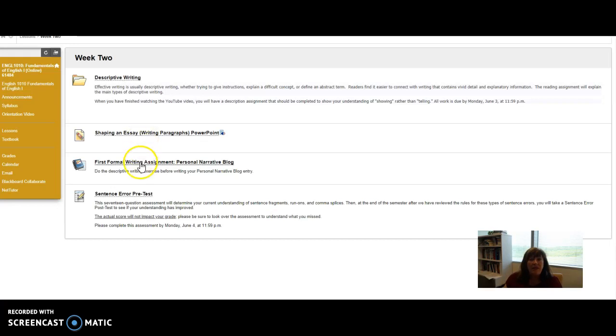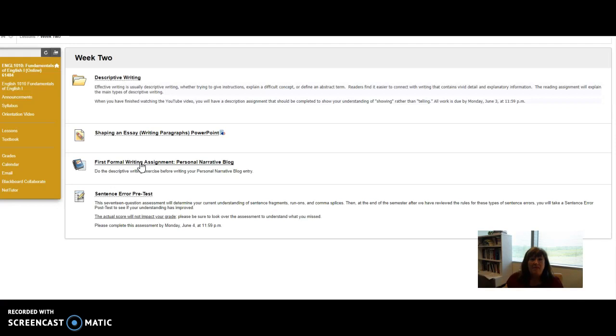Okay, and then the next assignment has to do with what you began last week with your invention strategies, and that is taking that information that you got from doing the free writing and answering those questions: who, what, when, where, why, and sometimes how. I don't think they included how. That's called the reporter's formula, by the way. If you read any newspaper article, you will notice that in the first two paragraphs they will always answer those 5 questions: who, what, when, where, why, and sometimes how.